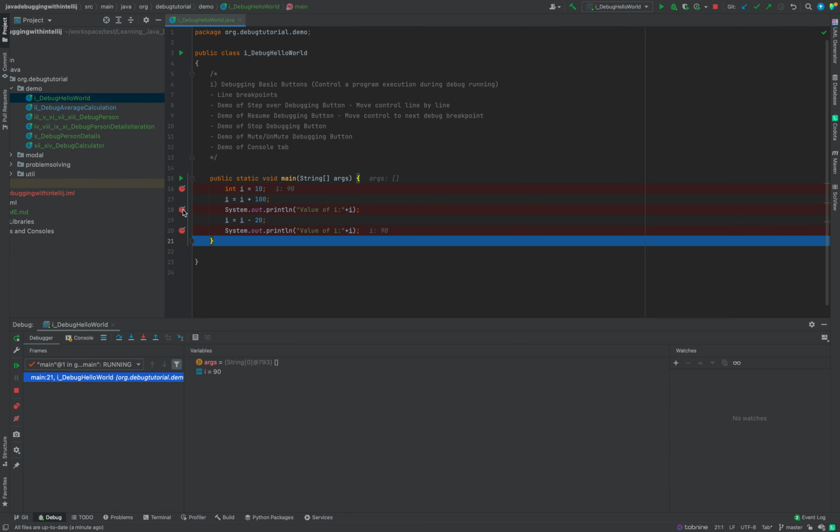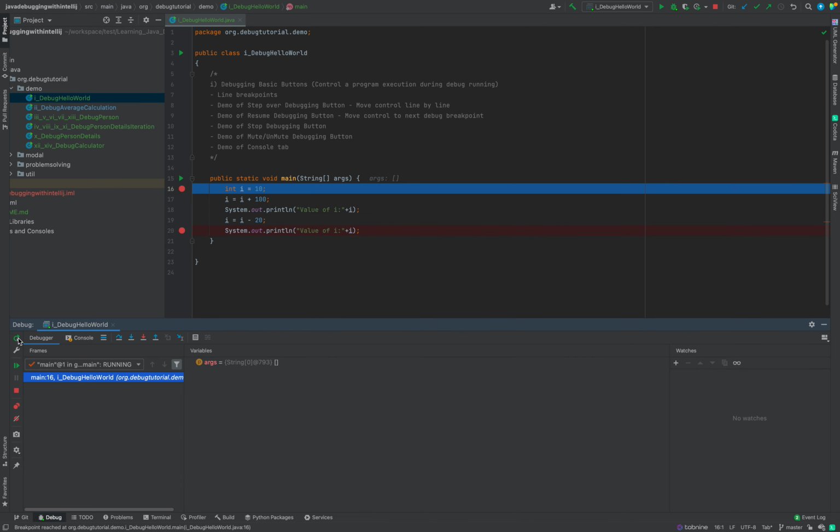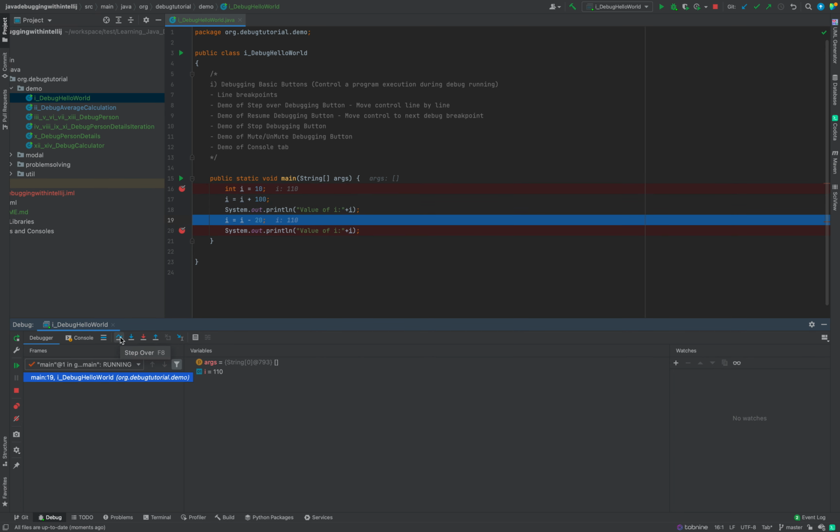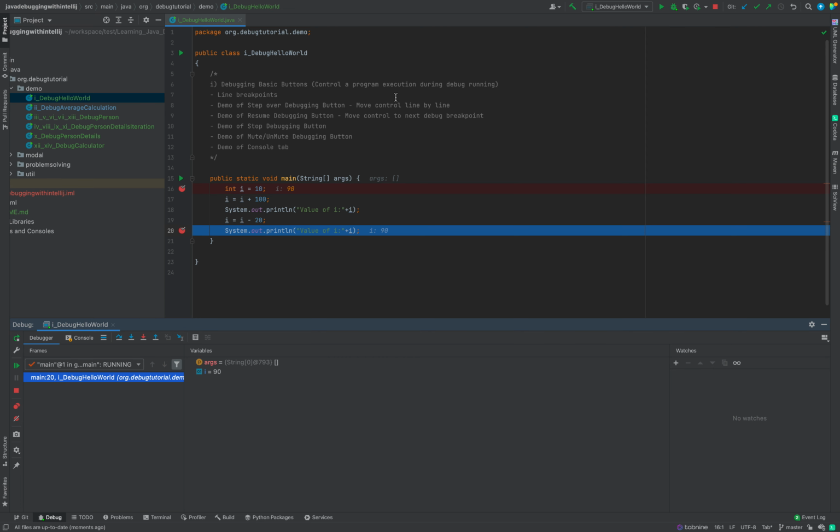Let's say I will rerun it. I will remove this breakpoint from here. From this button I will rerun. So my current execution is paused here. Now if I use step over, line by line my code is going to execute. Another is resume, which I already told you. This is the resume button. Stop debugging, we have this button, and